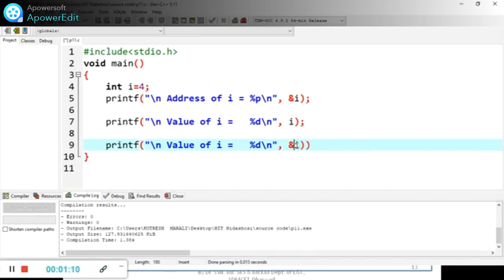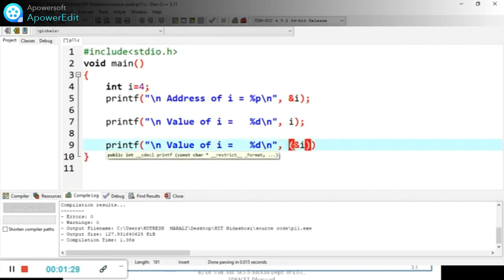What does it mean? This is ampersand i. What is ampersand i? It is nothing but the address of my variable i.